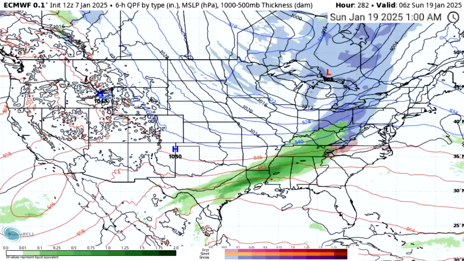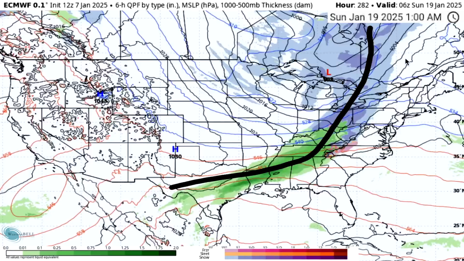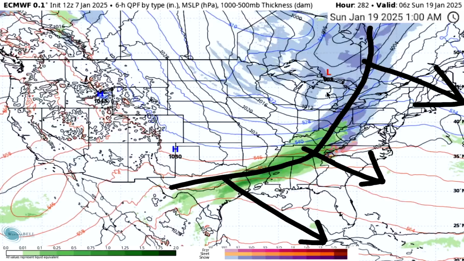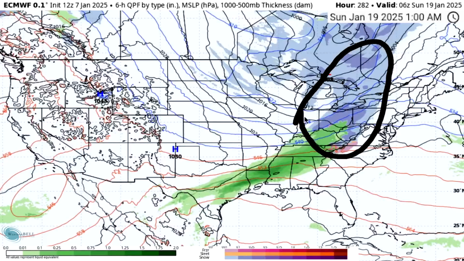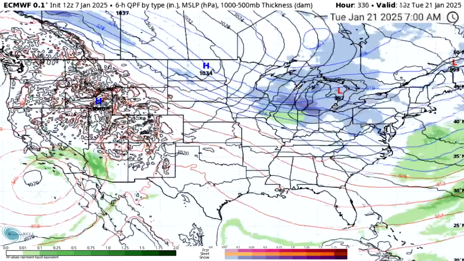And really, the way to look at this is we have the low here, another low up here. And really, all of this is just a cold front. And cold fronts don't move like this. That would be a stationary front. With a cold front, what we're going to see is everything kind of just move linearly like this. So you can imagine that with that effect, this snowfall would be relatively brief and relatively minor as far as accumulation in that type of scenario. This is not a full-blown snowstorm. That's just a very transient cold front with snowfall.